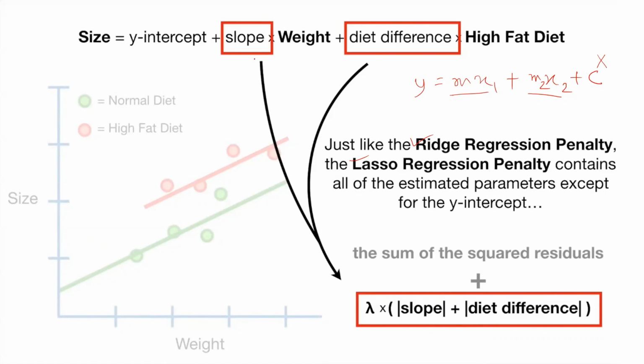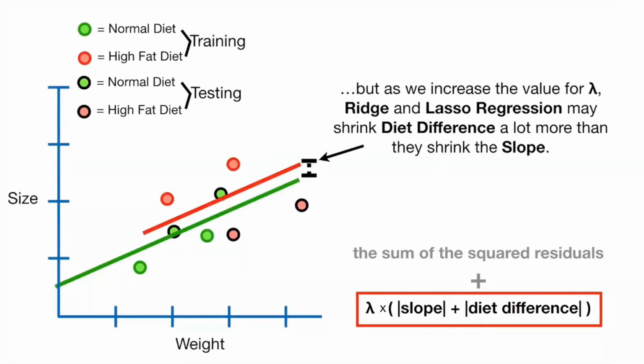Okay, this is what we are trying to say, that if we have a slope, slope into weight, this is my m1 x1, and we have high fat diet difference, so if you say m2 into x2, it will basically penalize both of them. Okay, but as we increase the value of lambda, ridge and lasso regression may shrink diet difference a lot more than they shrink the slope, right? So it means that,